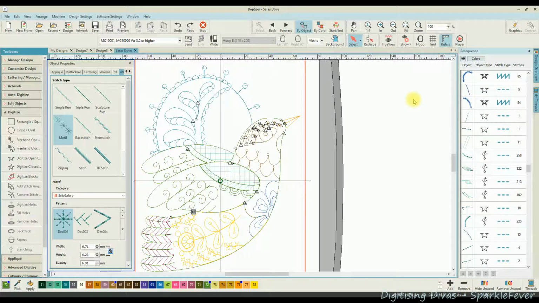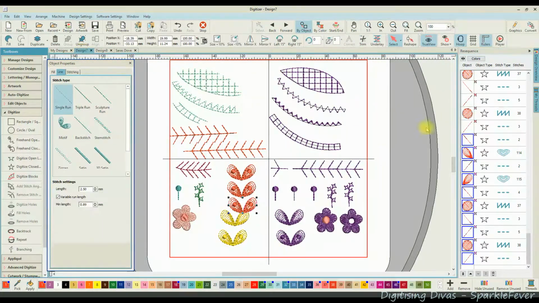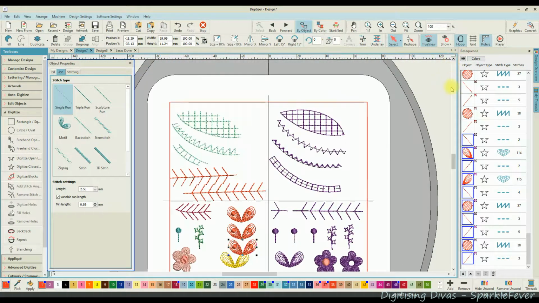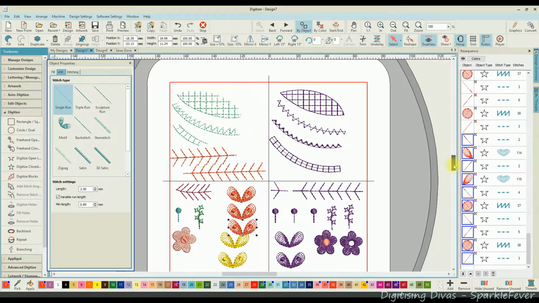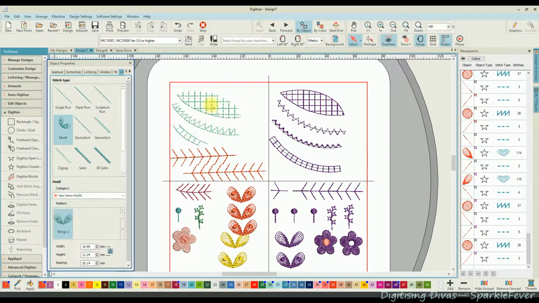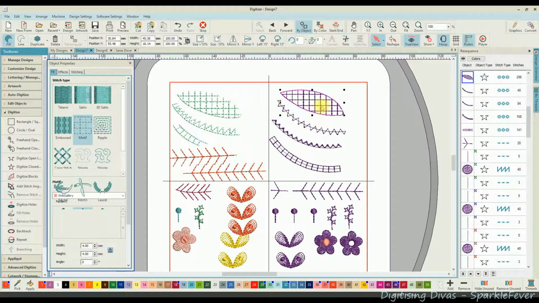What you can do, of course, is make your own motifs and fill there. And just to show you an example, that's what I did over here. I've done it in advance just to save a little bit of time. That's a copy of the wing that you did, where you have your design and you did it all in a run line and then you branched it. Alternatively, you could have made that a closed shape and used motif fill number 2, and you get the same